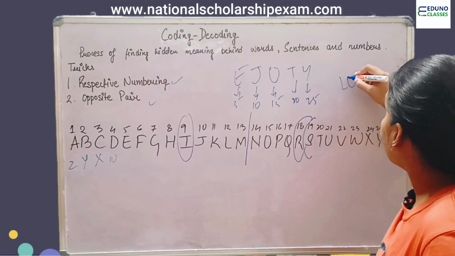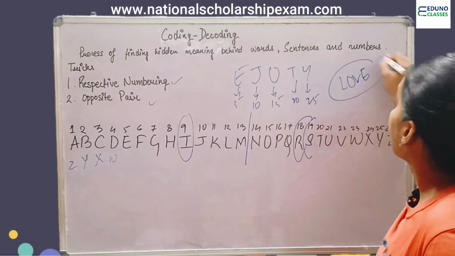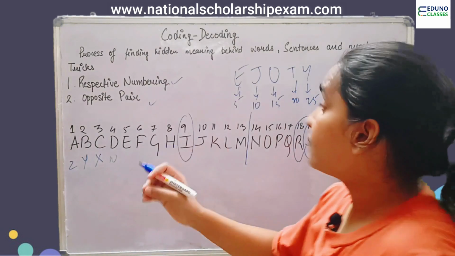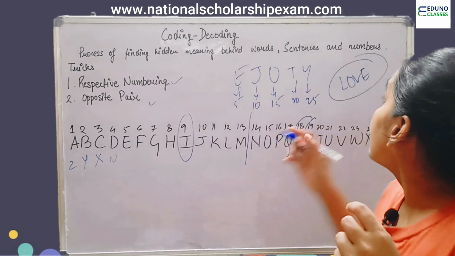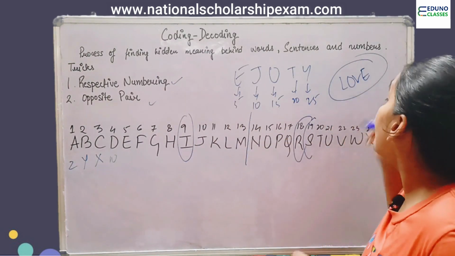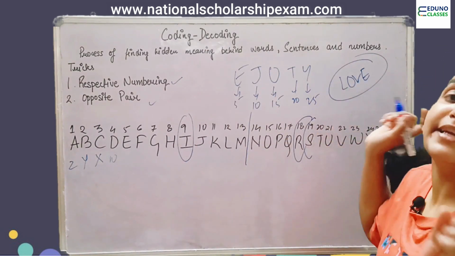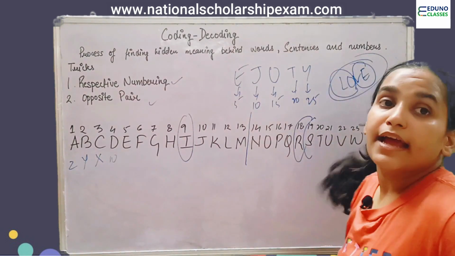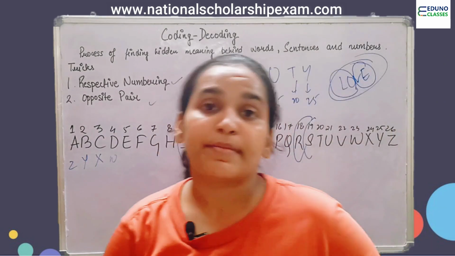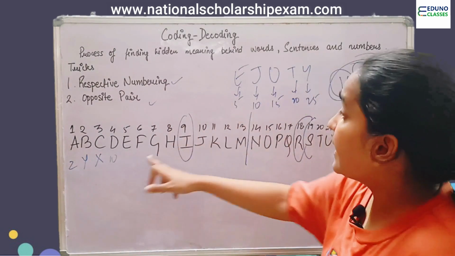Now what is the opposite of E? Remember the word love. The word love can otherwise ruin your life, but for this question it will make your time consumption easier, because it will give the opposite value of L and V. Make two pairs. L makes pair with O, V makes pair with E. Opposite of E is V.